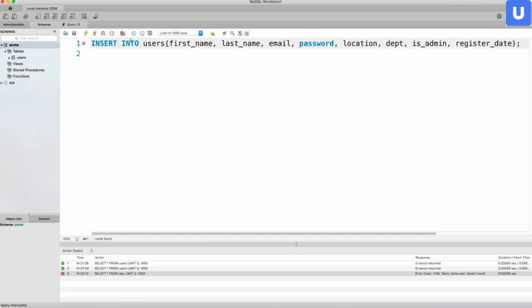After this parenthesis, I'll go on the next line and say values, and then another set of parentheses with our values. If you're putting in a string, you want to put quotes around it. I'm not going to use my name, let's do John. So John for the first name, Doe, and make sure that this order is the same as this order. Next is email, so we'll say john@gmail.com. Password, I'm just going to do 1 through 6,